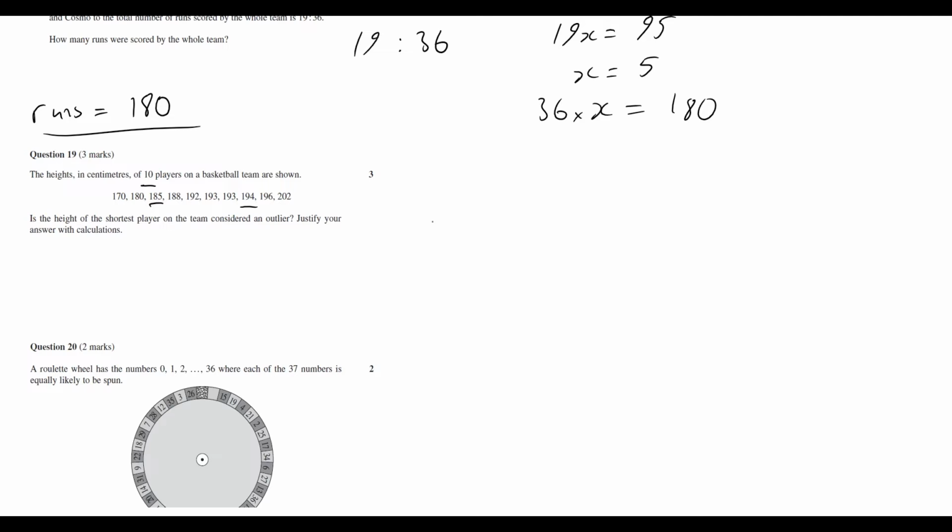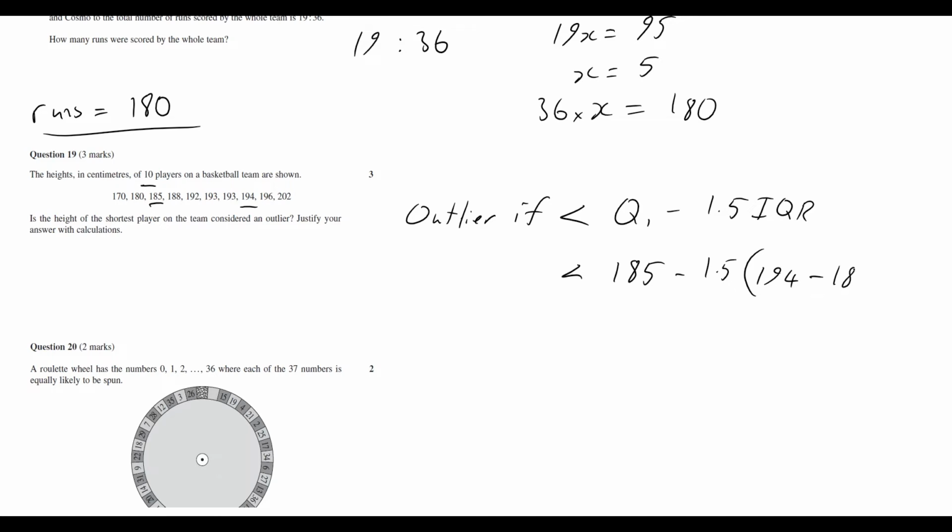So let's think about what's the formula for determining if something is going to be an outlier. If it's on the lower end, then it's an outlier if it's less than Q1 minus 1.5 IQR, the interquartile range. And just a reminder that the interquartile range is Q3 minus Q1. So we can continue this. It's an outlier if, so what's Q1? It's 185. Then minus 1.5 times our interquartile range, as I said, Q3 minus Q1. So 185 minus, I'm going to write that as 3 over 2 times 9. And when we calculate this, we see that it's going to be an outlier if it's less than